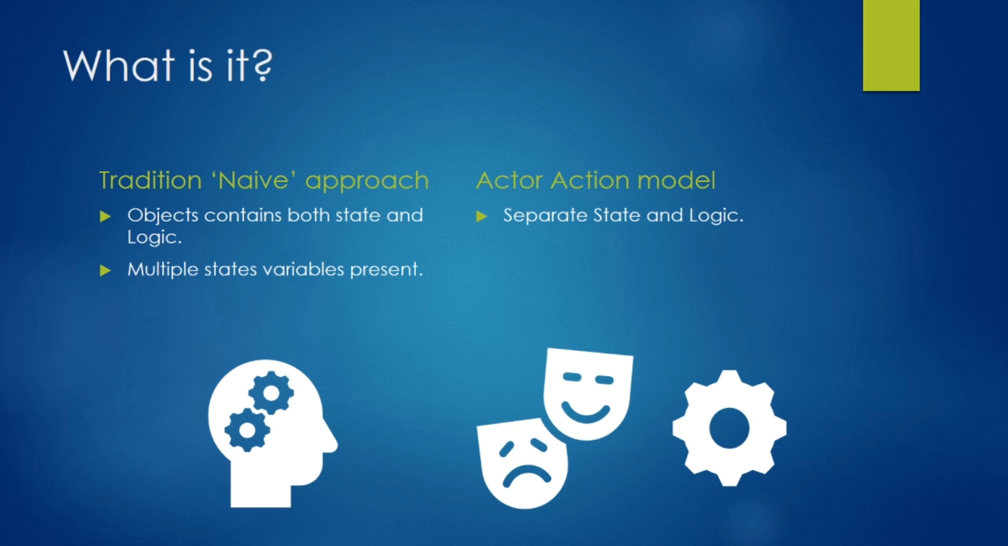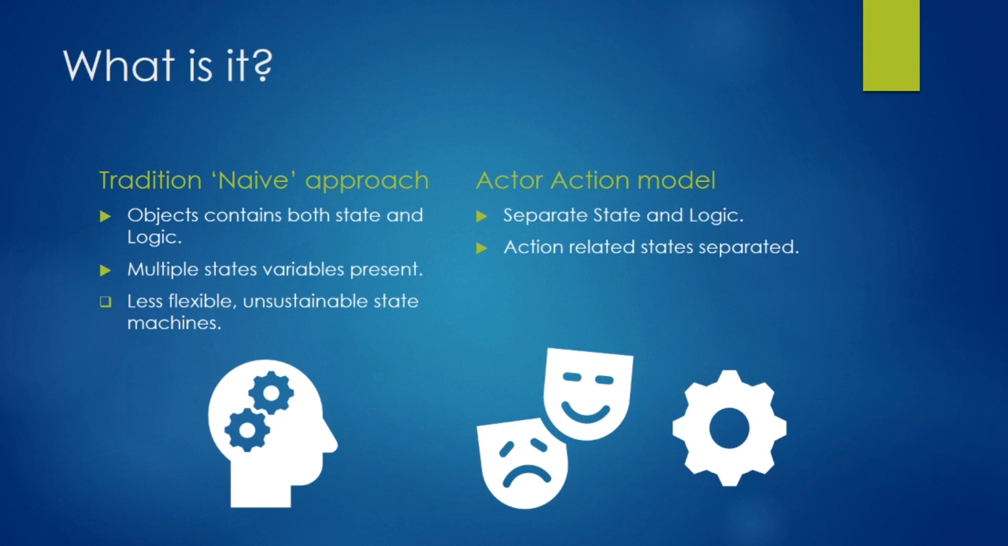You may, for example, have an object which can move around and perhaps also attack. It may have variables on how it's moving and also what it is attacking. This is again different from the action model, where all the different state variables are separated into each of their action objects. What this means is that the naive approach can often be a lot less flexible